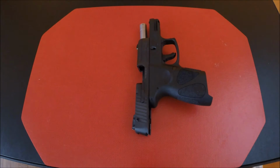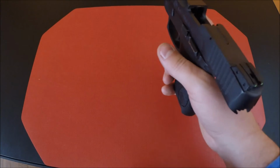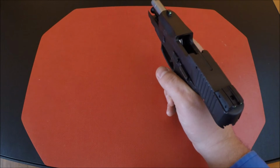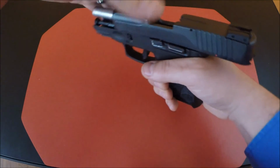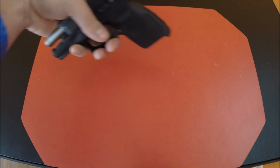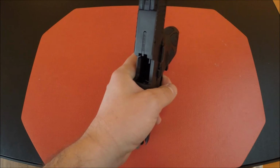When you're handing somebody a handgun, you can't exactly pick it up and point it out and say, here you go. What you want to do is hand it to them grip first. Unfortunately, that means potentially pointing it in an unsafe direction. Sometimes that just happens. You could do it like such, typically slide locked back, finger wrapped around the trigger guard. You can hand it to them this way so that it's still pointed off to the side. Or you can hand it to them this way, which could mean it's pointed at the ground,